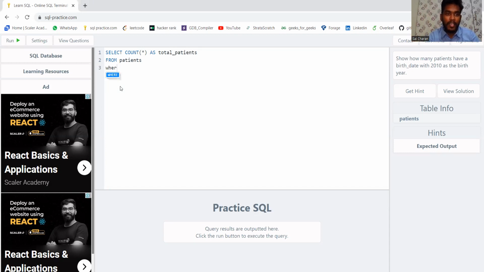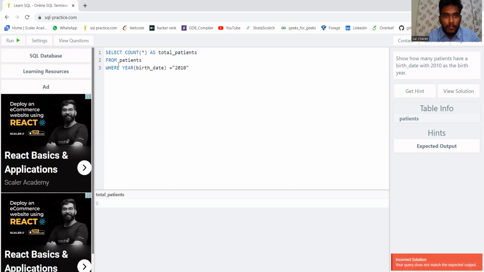So where their birth year should be 2010. They are mentioning, right? So year of. To extract year from date, we can use year of. Okay. So is equals to 2010. Run it. Okay, from select count star as total patients, birth date is equals to